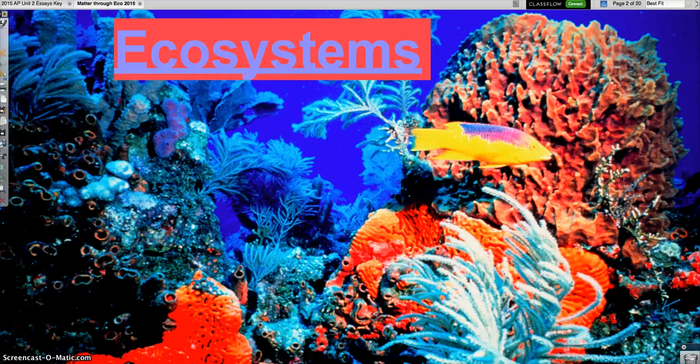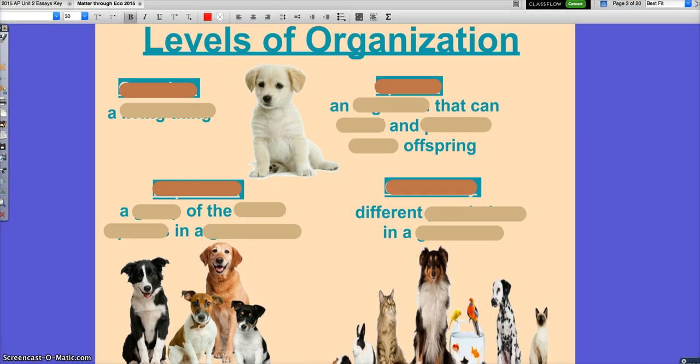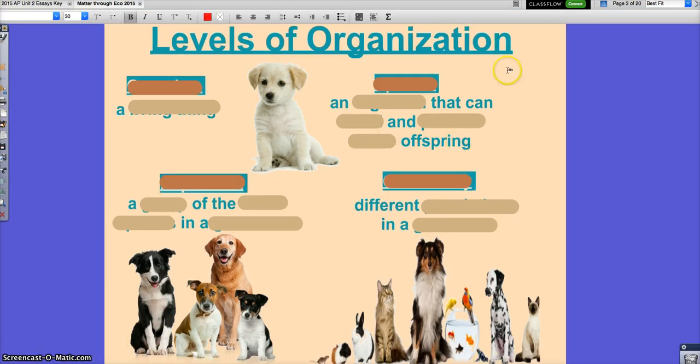So, ecosystems. If we're going to go back and reference bio, and I'm going to talk about levels of organization, I'll start with how we study life, though we're obviously going beyond that in this class. We started with an atom, or we can even go to protons, neutrons, electrons, if we want to go really low. Then comes an atom. Then comes what?